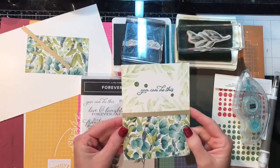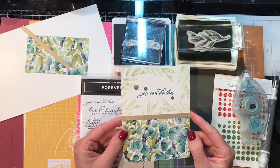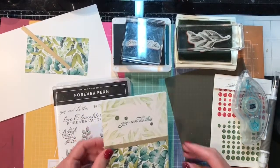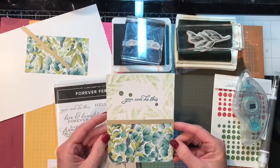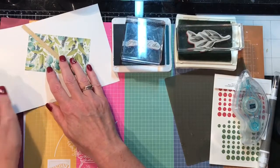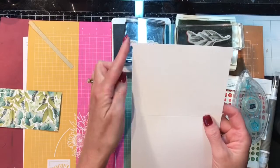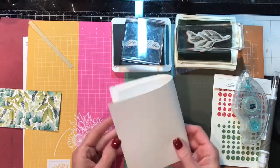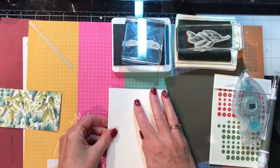Demonstrator, and today we're going to make a really simple, quick card using Forever Fern and the Forever Greenery Designer Series paper. So let's make this card. I'm going to start off with Whisper White. I've cut it to 5.5, scored it at 4 1/4, fold it over,